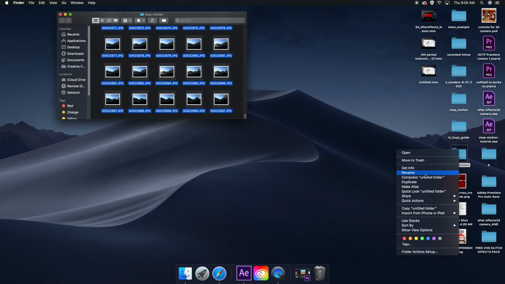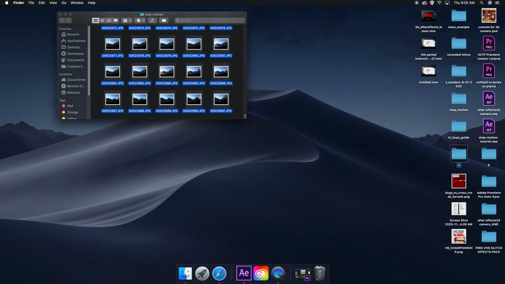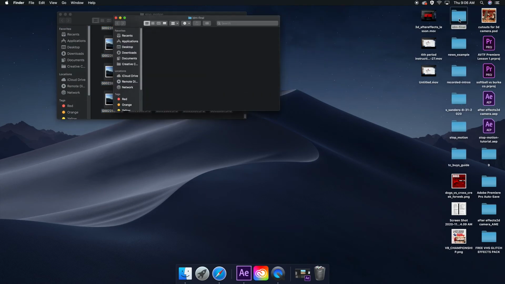Don't leave untitled folders. So I'm going to call it IDM Final. IDM stands for Intro to Digital Media. Then I'm going to open it and